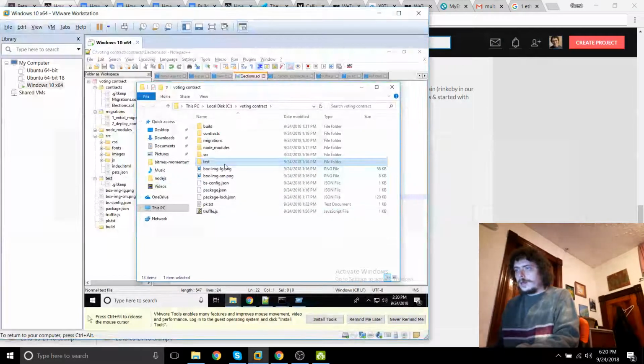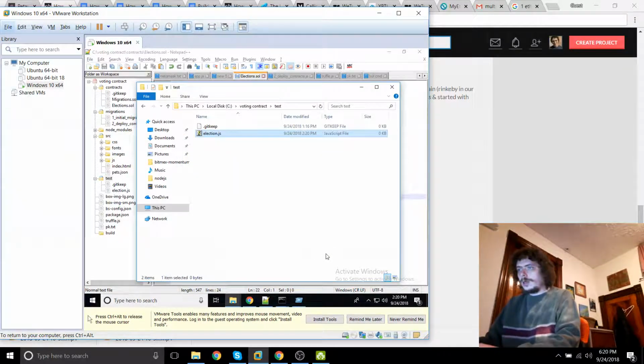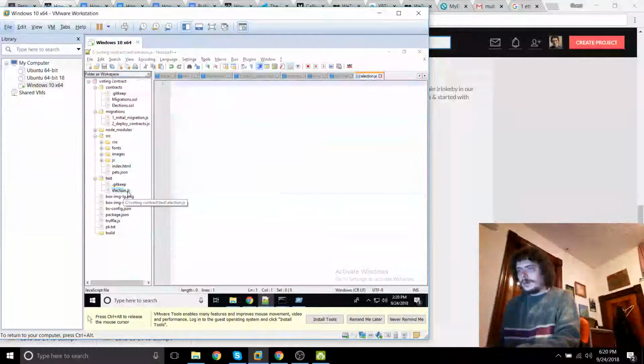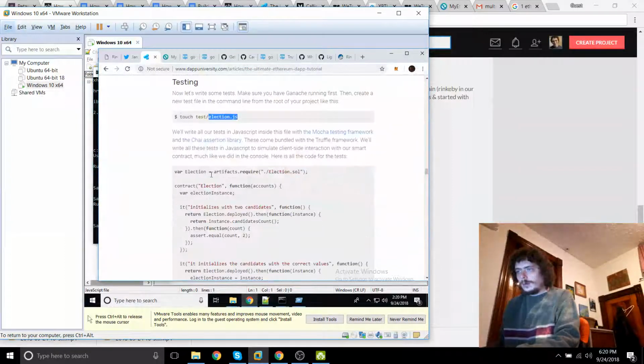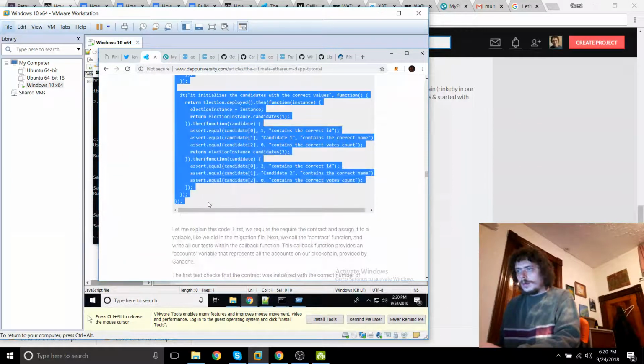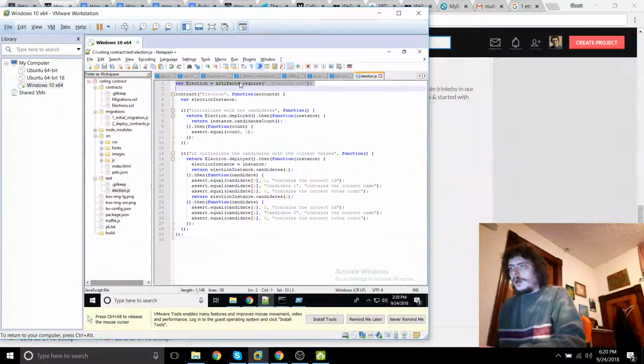We're also going to test inside of this session. So we're going to create a test file called election.js. We're going to go ahead and add all of this code here. We're going to include our election contract. We're going to say the contract is called election, and the function is going to create an election instance. The first thing we're going to do is make sure that it initializes with the correct two candidates. And we're going to assert that the candidate count is equal to 2,